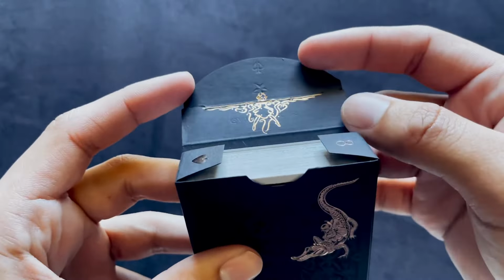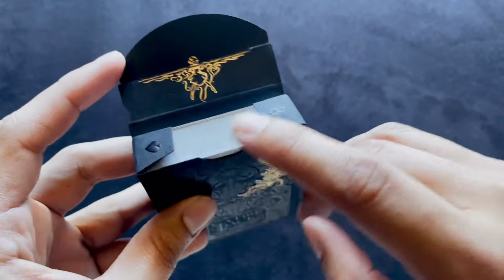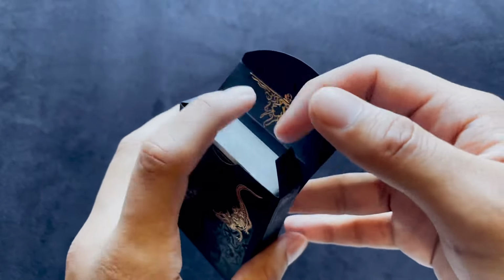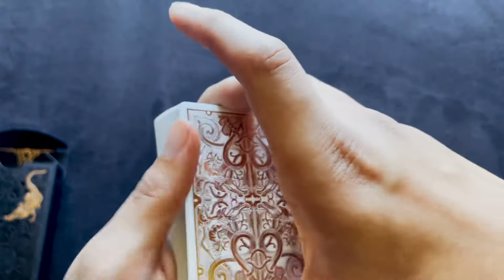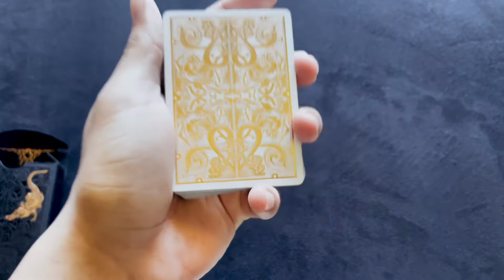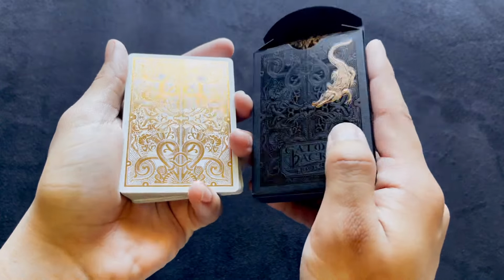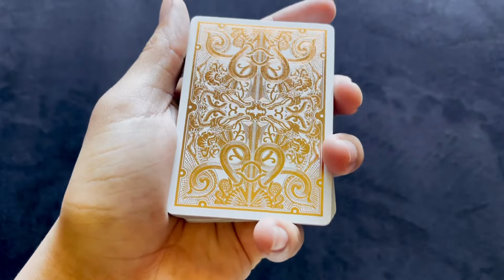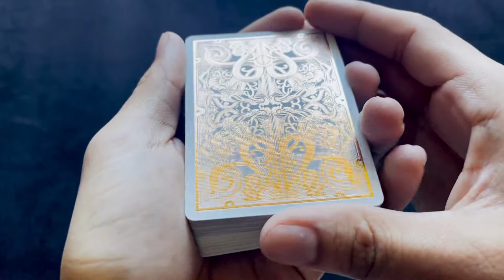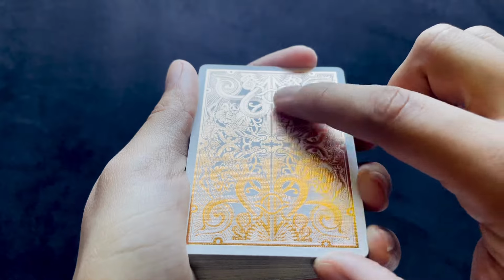The inside of the flap has this gold foil design here with a spade and an 8 for an 8 of spades reveal on the flaps here. Let's crack into this bad boy here. So I don't think I said it, I failed to mention, this is the rose gold edition. It's hard to pick up on camera, but it is more pink in person. And more pink and more beautiful. The backs are foiled, as you can see by the shiny nature of it. We have a spade here, the split